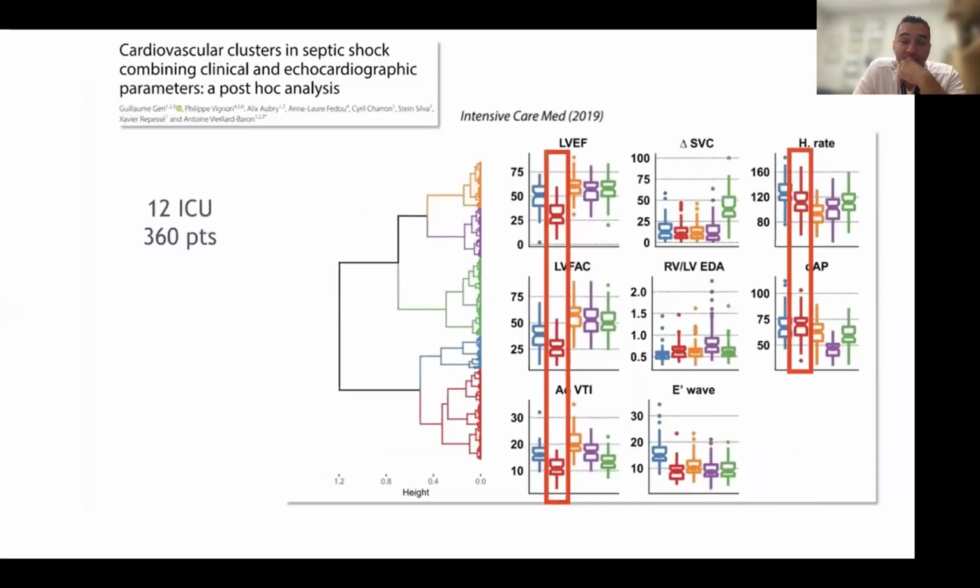So we needed to move on and look at whether we can target these populations of patients who were in a low cardiac output state in the septic shock milieu, and see whether we can do something about this. The notion here being that if the patient is in a normal flow state, meaning the patient is in septic shock, a vasodilatory type of shock, but the cardiac index or cardiac output is measured in physiologic or supraphysiologic levels, then the augmentation